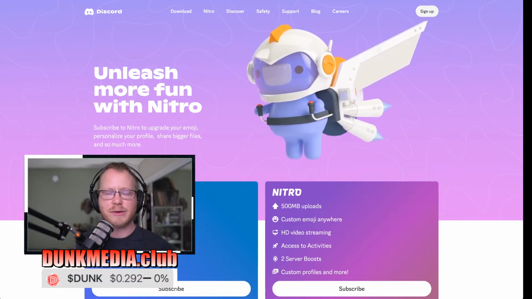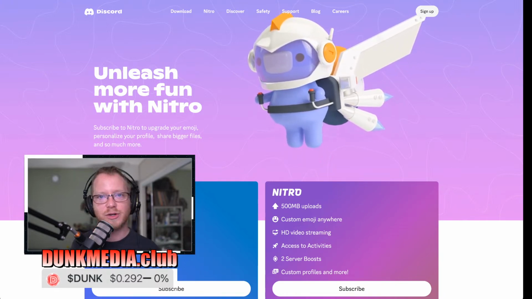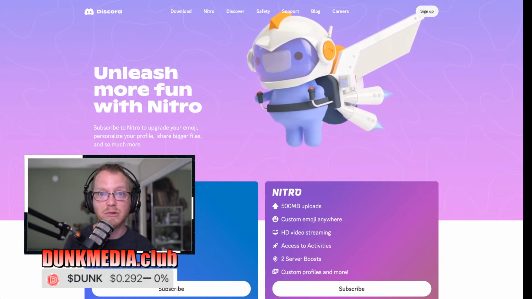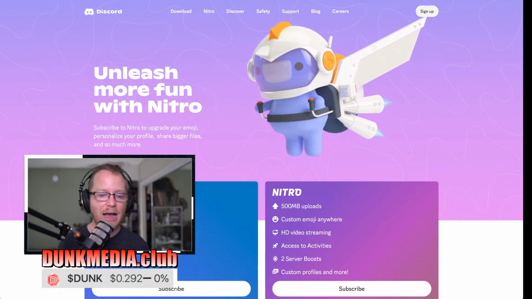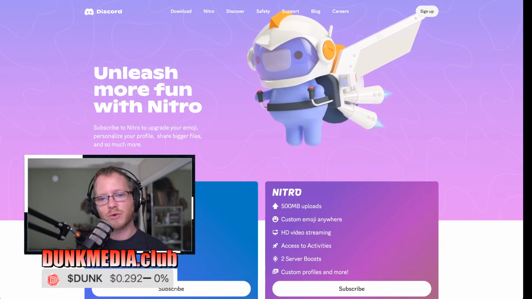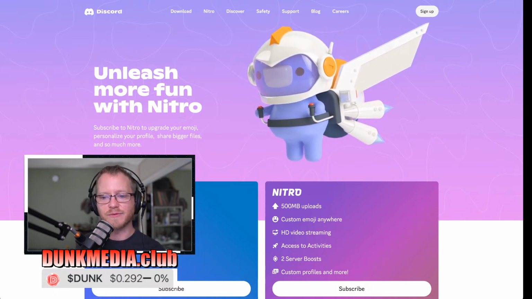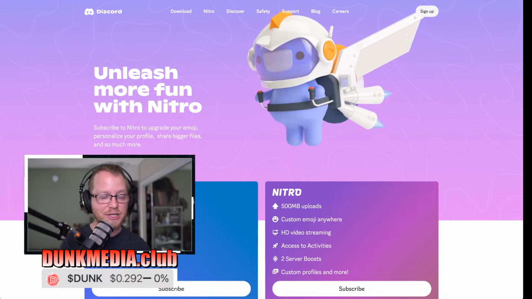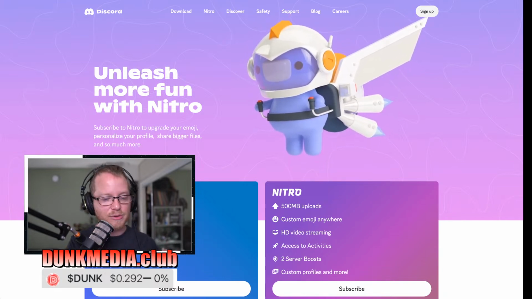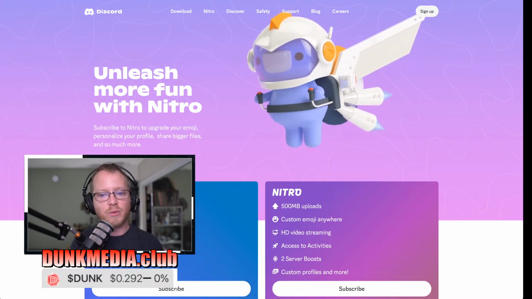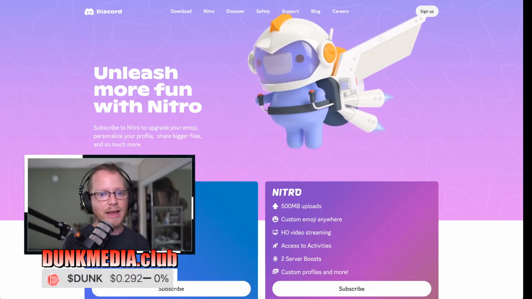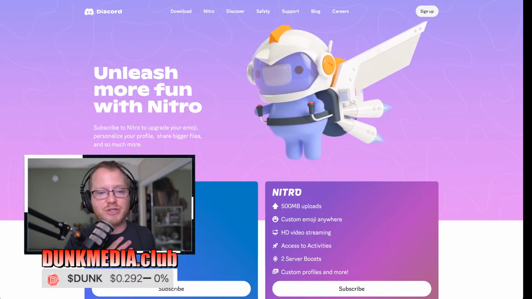I know there's that thought like, well, isn't Discord just for that gaming community? I'm like, well, isn't TikTok just a bunch of kids dancing? No, right? It's not anymore. Every platform had its origin, and I feel like Discord is becoming an amazing community platform for so many people, no matter what kind of niche or community you're a part of, because you're able to customize it so much, create whatever you want for your community. And I like that I'm able to do whatever I want with it.